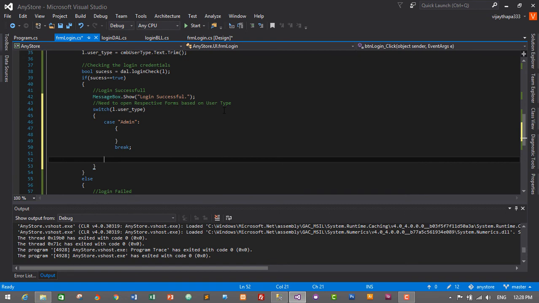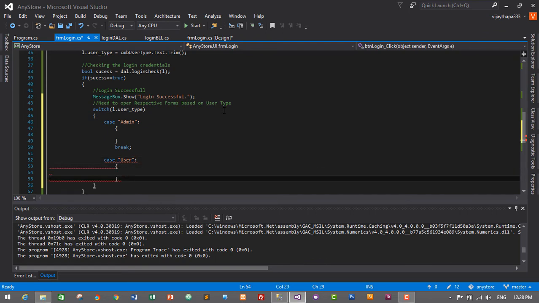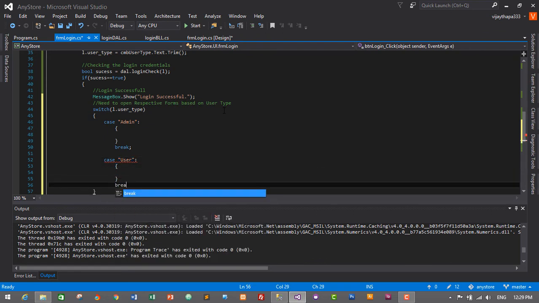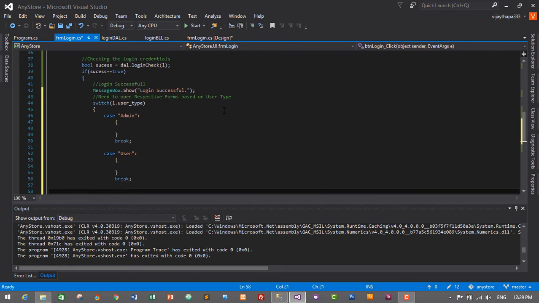Another case is user and break, and last one will be default,